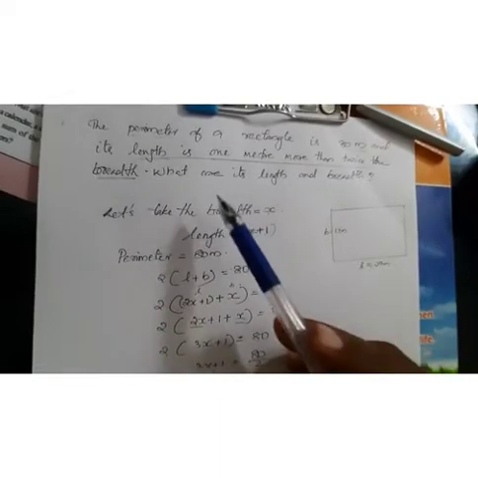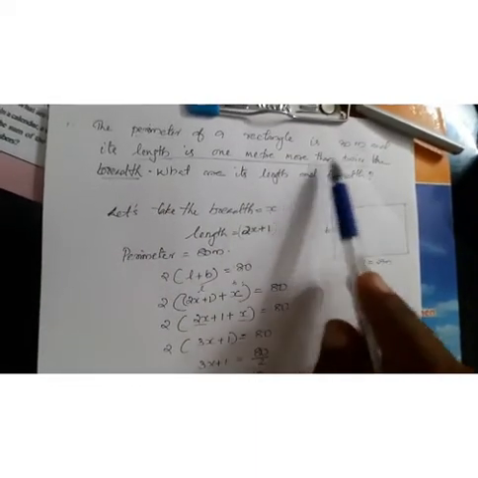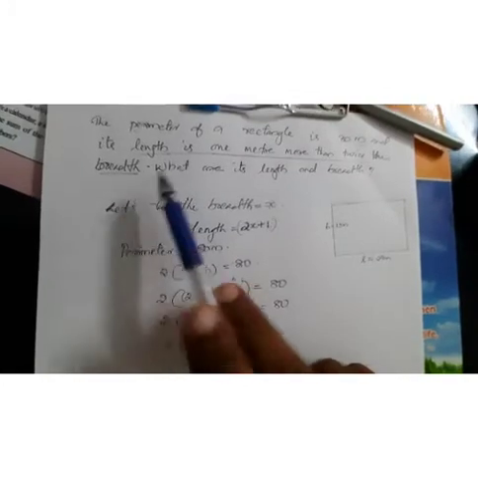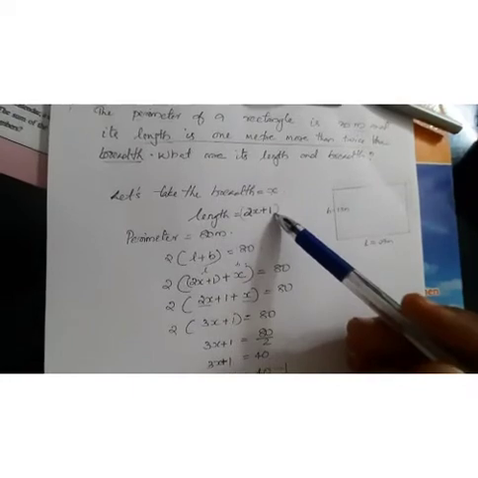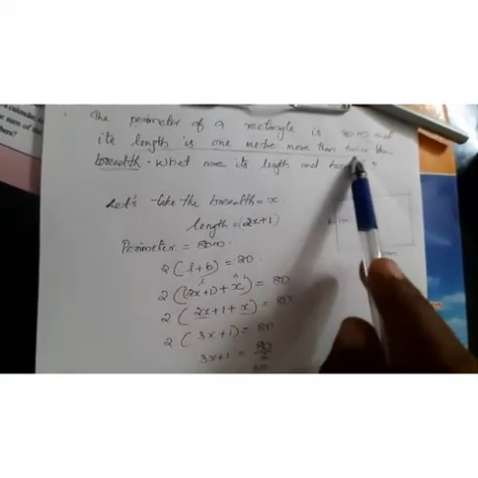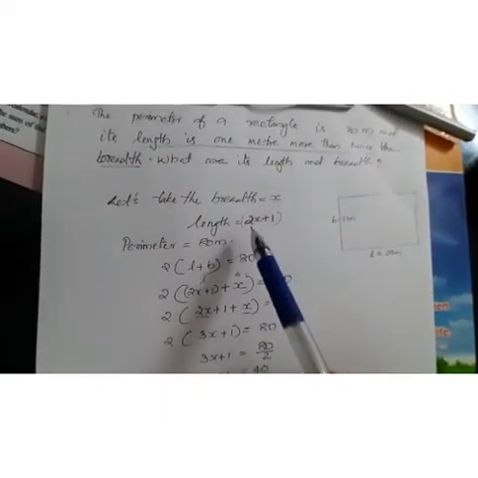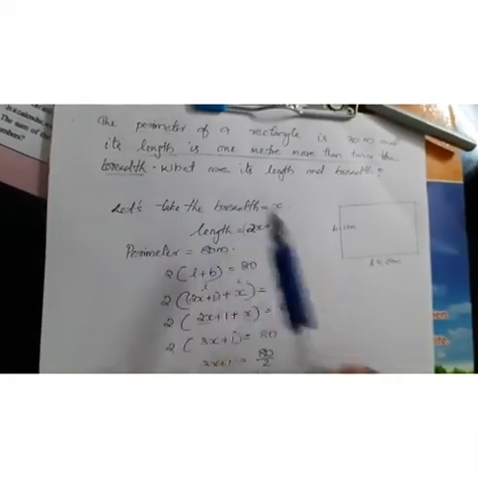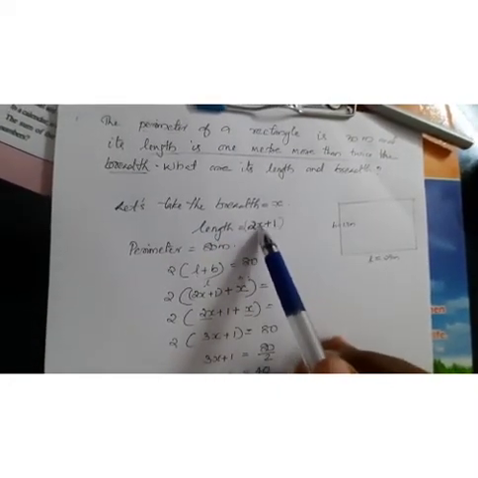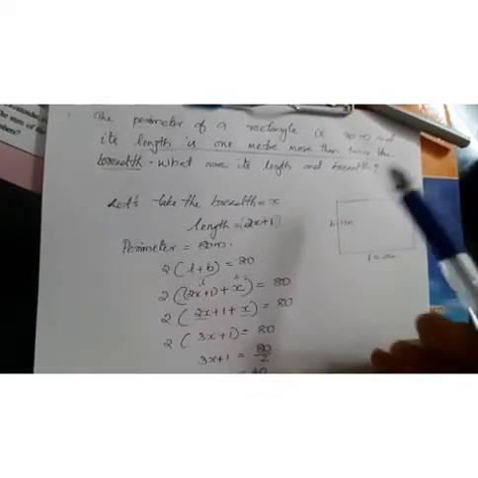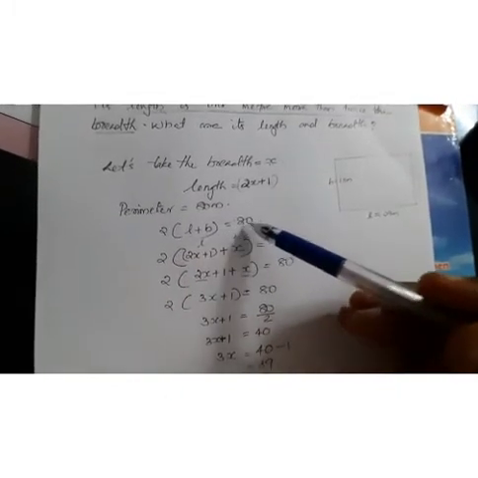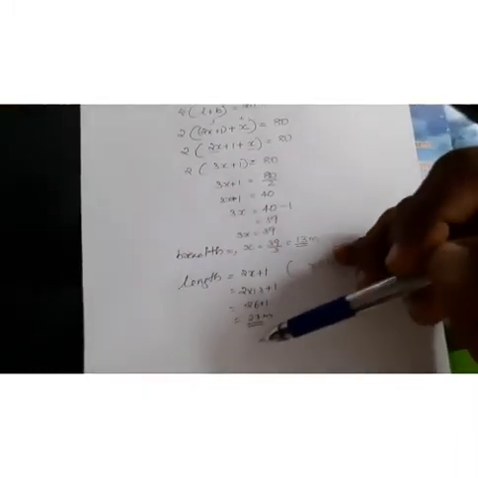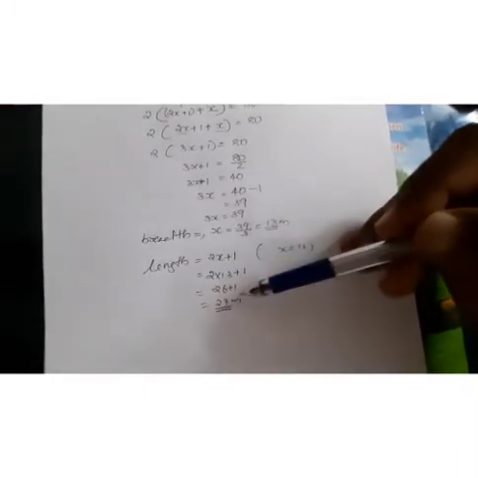So from this we have to find out: length is 1 meter more than twice the breadth. Take breadth as x, then length is equal to 2x plus 1. How did you get 2x plus 1? Using this sentence you have to write it in mathematical form. Length is 1 meter more than twice the breadth. Then perimeter is given. Using the equation of perimeter you have to equate it, then substitute and finally find out the value of breadth and length.